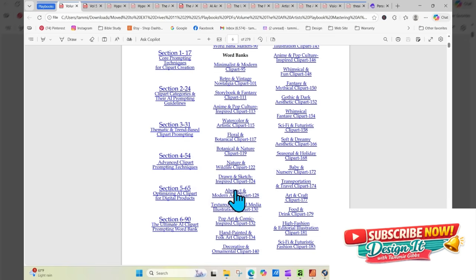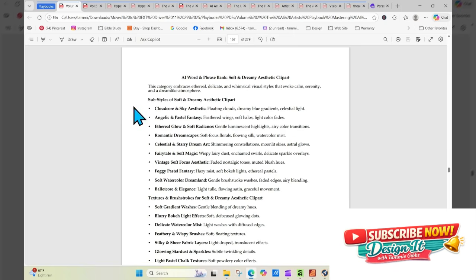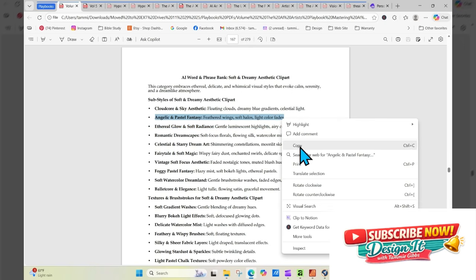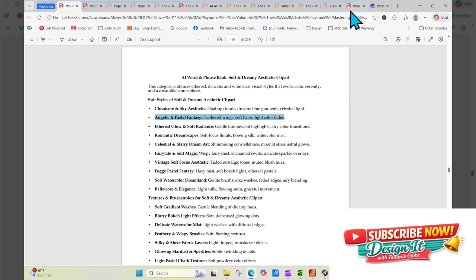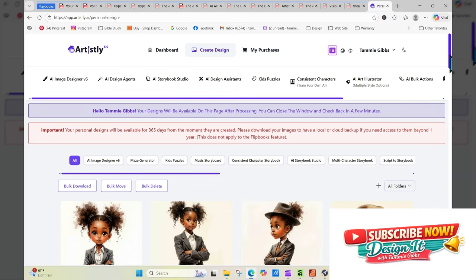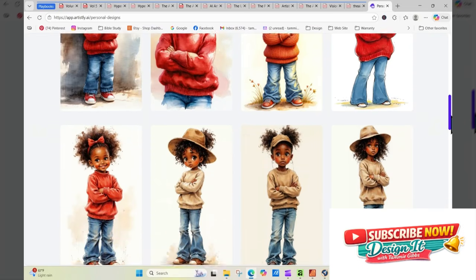baby and nursery. And in each one of these, just so I can show you, if you go to soft and dreamy, you're going to have the substyles like cloud core, angelic, and pastel fantasy. So let's take one of those, angelic and pastel fantasy, and let's apply that now to our character. Let's go over here to,